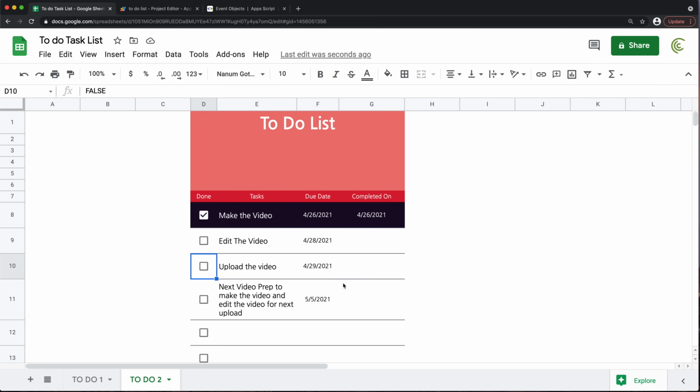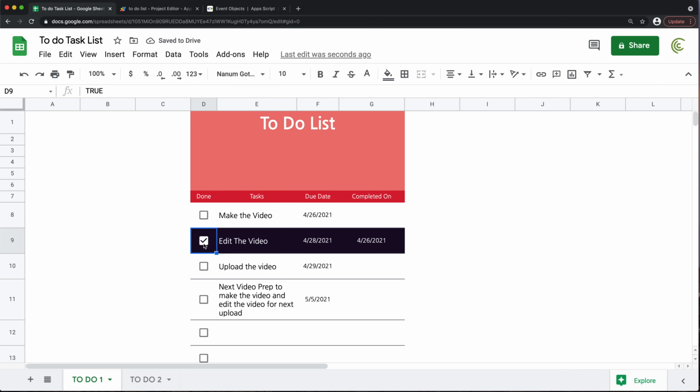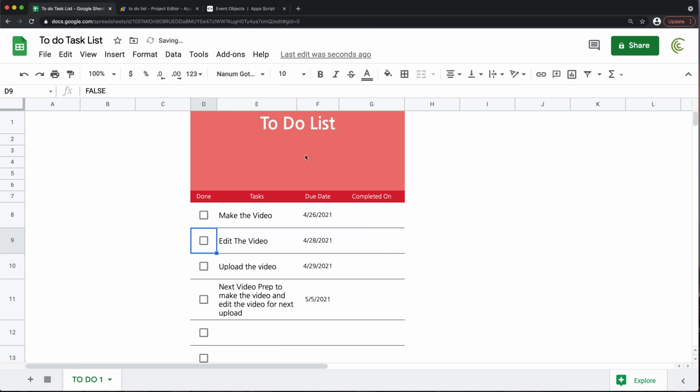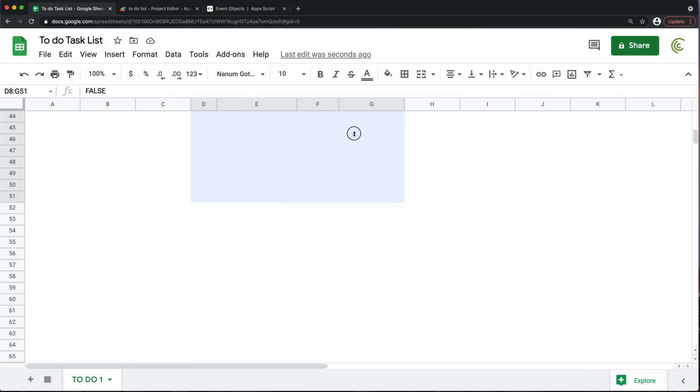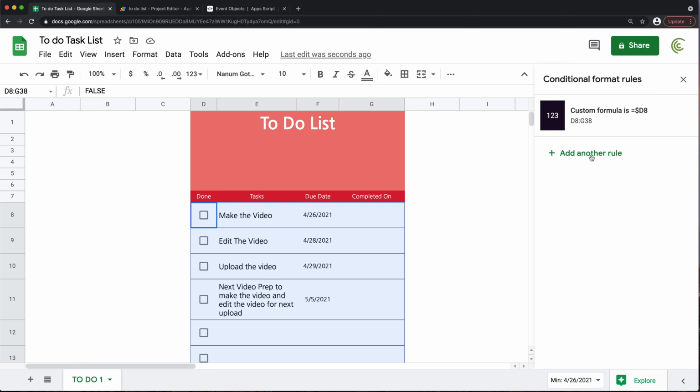The next thing I want to add to this, I want to work with these due dates a little bit. So what I want to do, let's actually uncheck this, and let's delete this. What I want to do first is have some sort of color coding happening here if the due date is today. So we're going to do some conditional formatting for this. I'm going to just highlight this range again, go to Format, Conditional Formatting, add another rule,